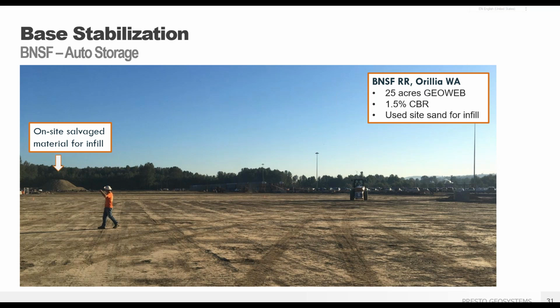It was a 25-acre site with soft subgrade, and the original design included 2 layers of biaxial geogrids. After bidding, the cost came in higher than the budget allowed, so the engineer contacted us and we did a value engineered solution. In the far left of the screen, you see one of the stockpiles of the salvaged material, and this beneficial reuse of material saved a significant amount of material costs and sped up the construction time.